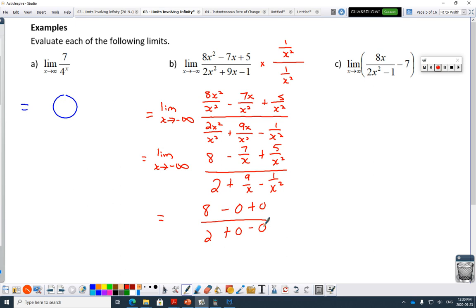Technically, I guess if I'm subbing in negative infinity here, this would be a positive 0. Like that particularly matters in this example. It doesn't matter, because plus 0, minus 0: this one would be positive 0, this one would be negative 0. So if somebody's really with me and they're like, wait a minute, this says negative infinity, I'm just trying to show off that it really doesn't matter in this example, because positive and negative 0 are the same thing. And what I get is your rule that came from advanced functions, which is, the degrees were equal,